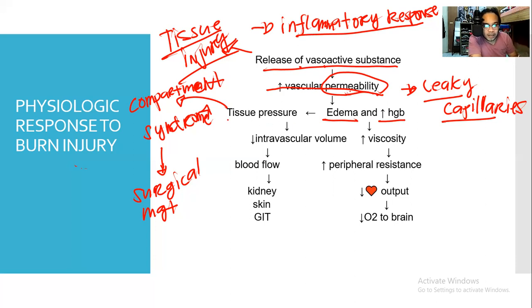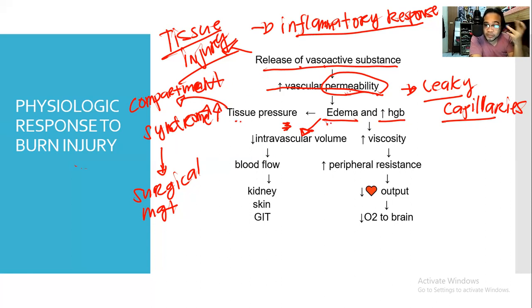So increased tissue pressure as well. Okay, itong edema din, the effect of your edema is decrease intravascular volume. Sir, bakit magdi-decrease yung intravascular volume? Remember, there is shifting of fluids from the intravascular papunta sa inyong tissues. Kaya nga nagkakaroon ng increased tissue pressure dito eh. Okay, and then we have there your compartment syndrome. Okay, kasi edema tayo,